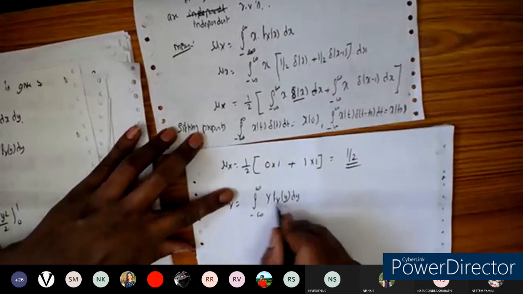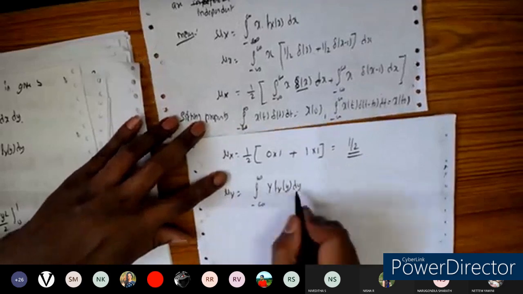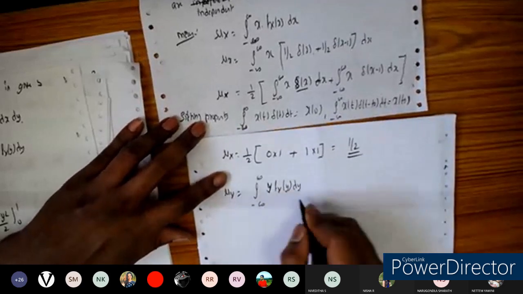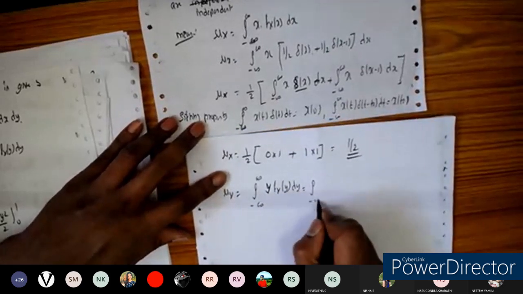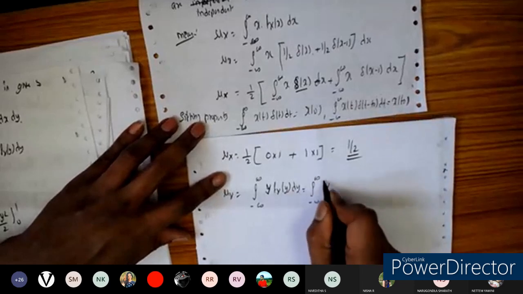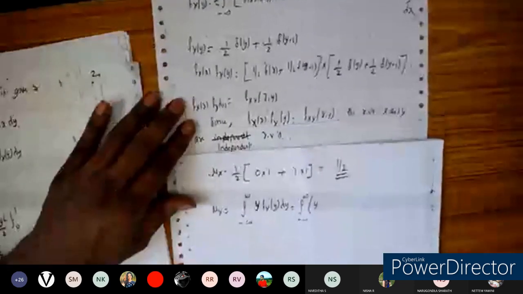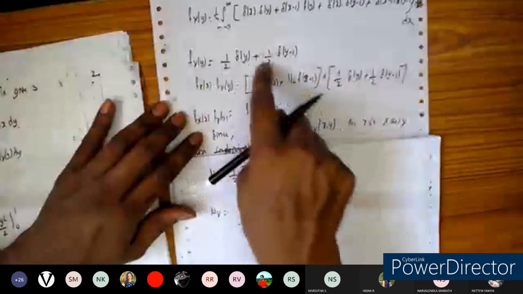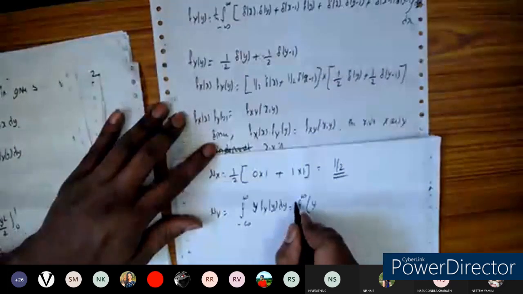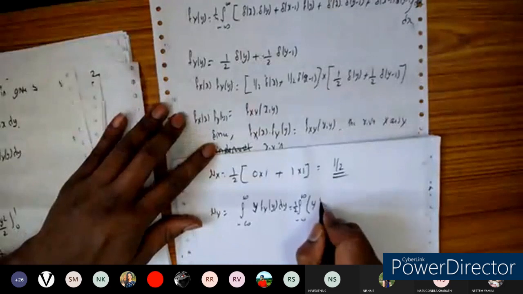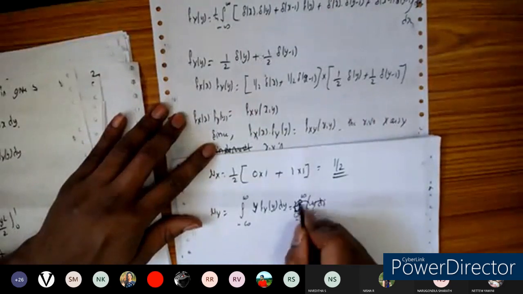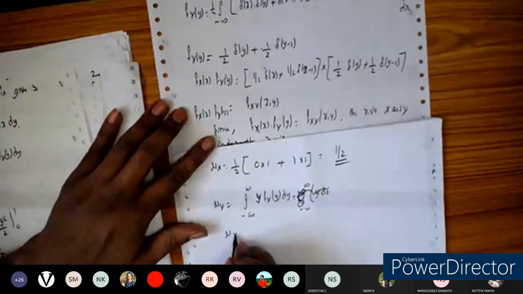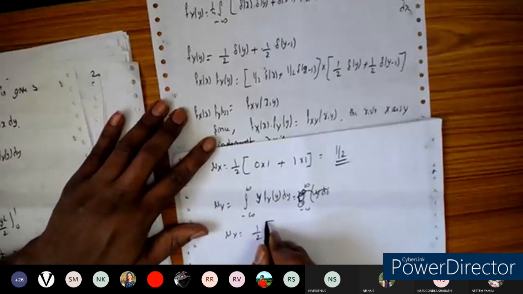Now let us find out the mean of y, that is the integral of y into fy of y, with small y, integrated from minus infinity to plus infinity. We know fy of y, so take 1 by 2 common here. So mean of y is equal to 1 by 2 times